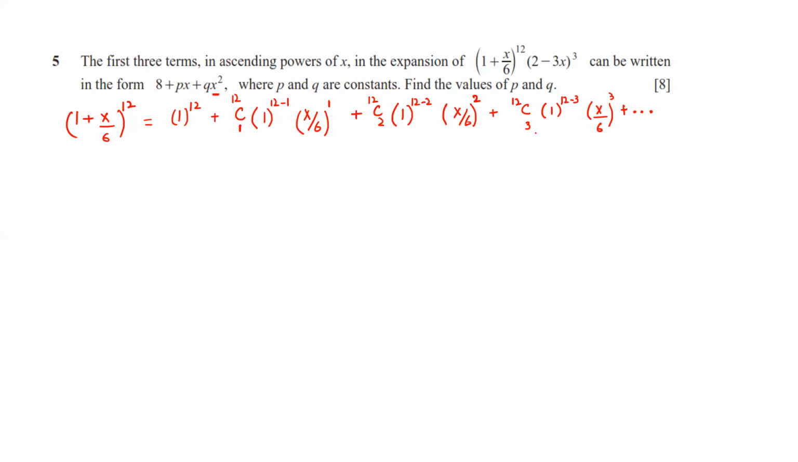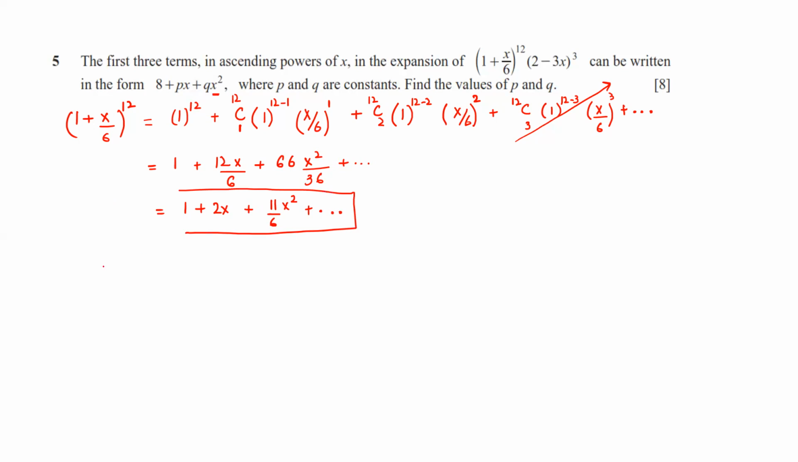Again, you can always neglect the higher order terms. So you are left with 1 plus 12c1 is 12x over 6. Then 12c2 is 66 x square by 36 plus so on. And this comes out to be 1 plus 2x plus 11x square by 6 plus so on. So this is one expansion